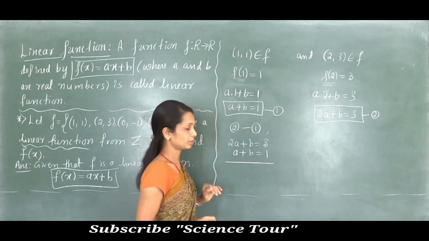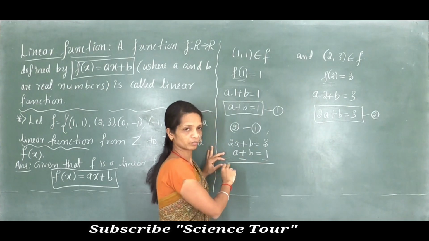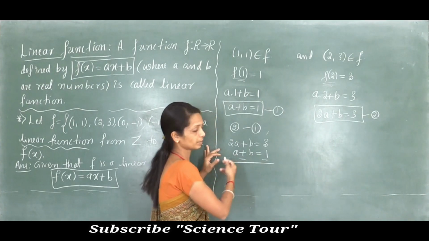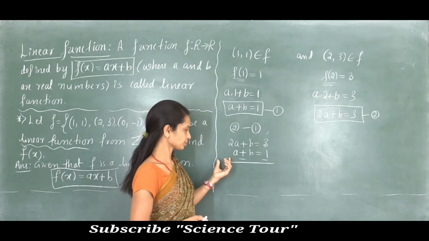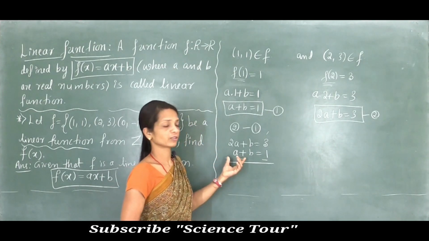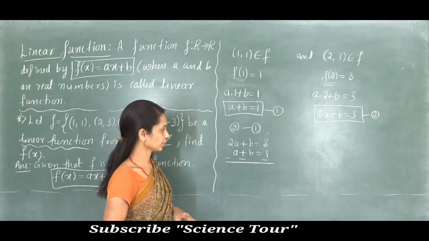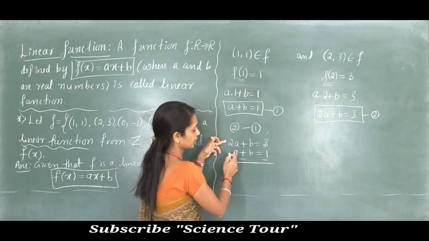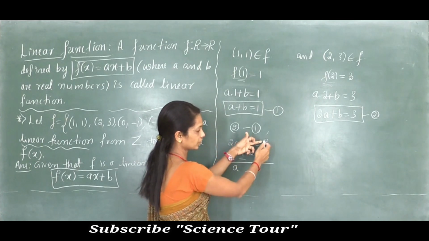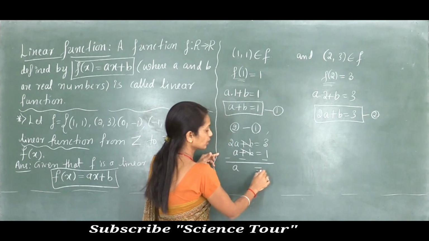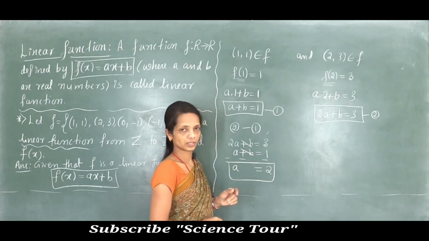Always while subtracting, you will change the second row symbols, right? Plus to minus, minus to plus. Now all are with the plus sign, so I changed to minus. Now you have to take this changed sign for the second row terms, not their original sign. Okay. Now 2a minus a, that is a, and here plus b cancels with minus b. 3 minus 1, that is 2. So a is equal to what? a is equal to 2.